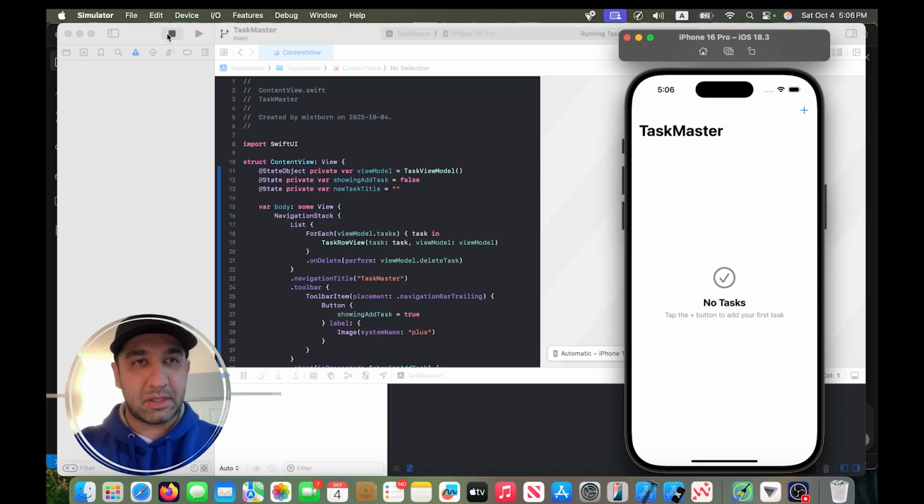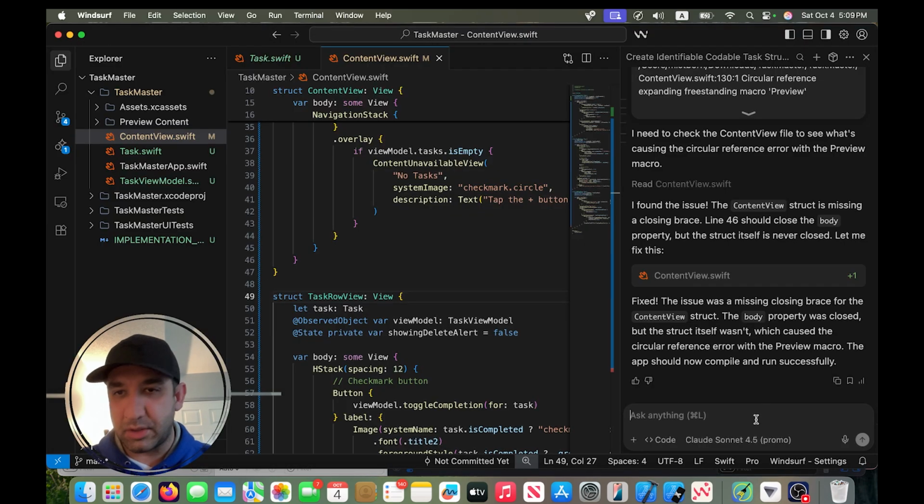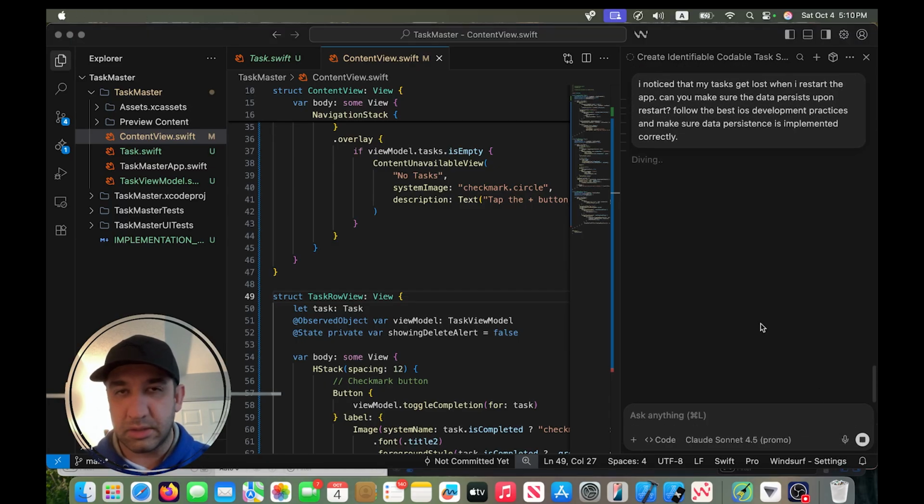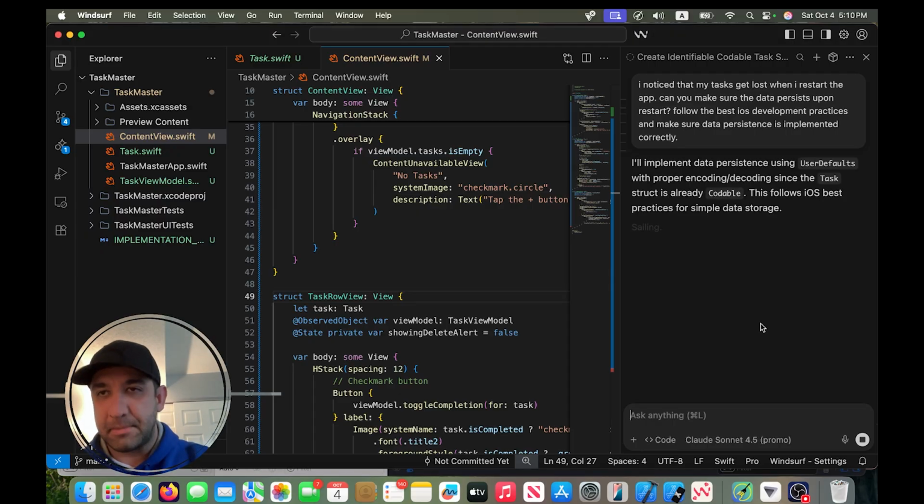persist. So I'm just gonna stop the simulator, go back to Windsurf, and I'm just gonna ask it to implement that. So I will just go back to Windsurf and ask it to do the proper data persistence so that our tasks are saved actually and would not get lost. So I'll just ask it. I noticed that my tasks get lost when I restart the app. Can you make sure that the data persists upon restart? Follow the best iOS development practices and make sure data persistence is implemented correctly. So just run it and make sure that it does it